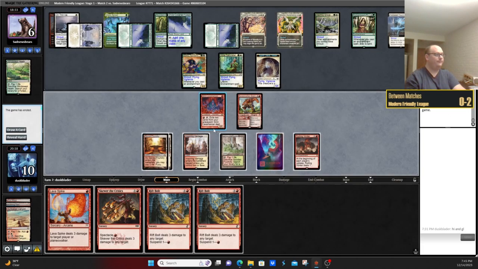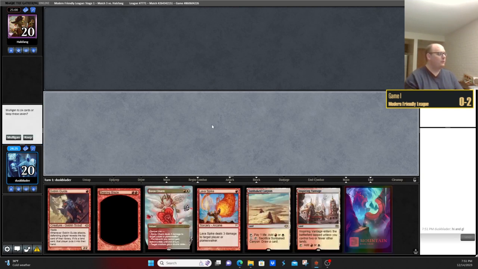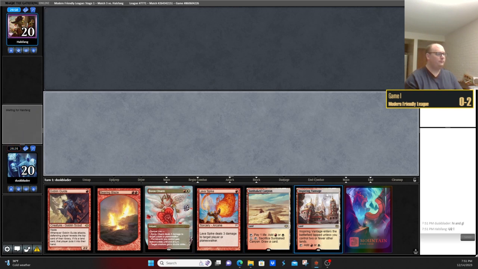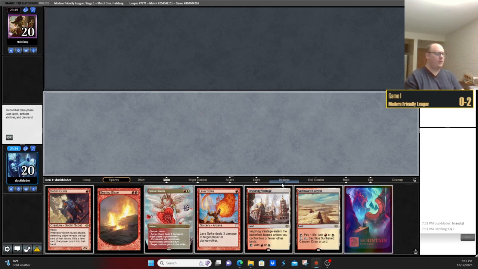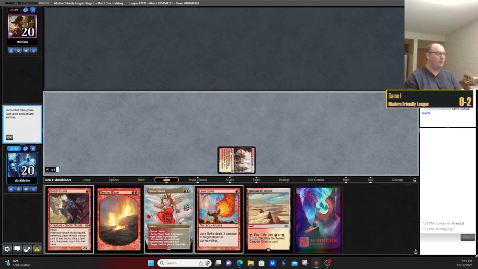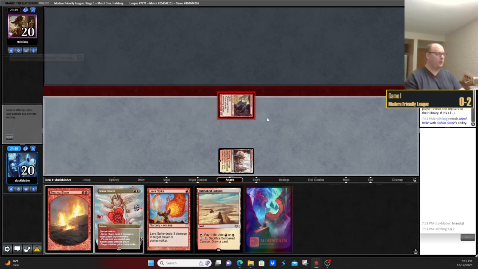Alright, that was fun. Alright, match 3. It's not been the toughest of leagues so far. Alright, pretty good opener. 1 drop into burn spells is usually pretty reasonable in a lot of matchups. So yes, we are tweaking a lot of cards, playing a lot of unique things this league, and it is somewhat of a joke after